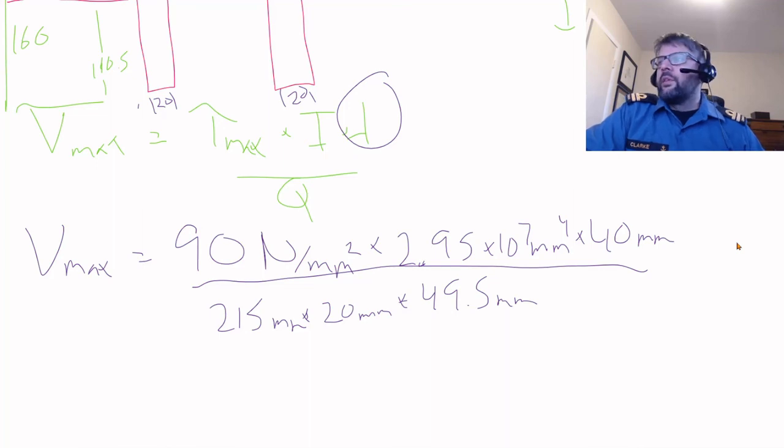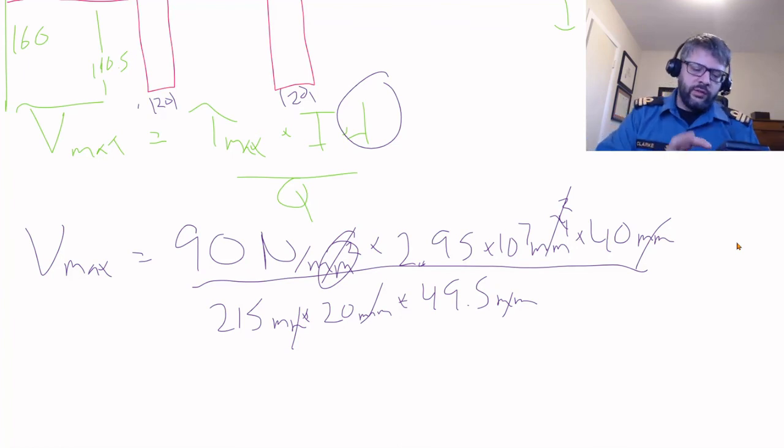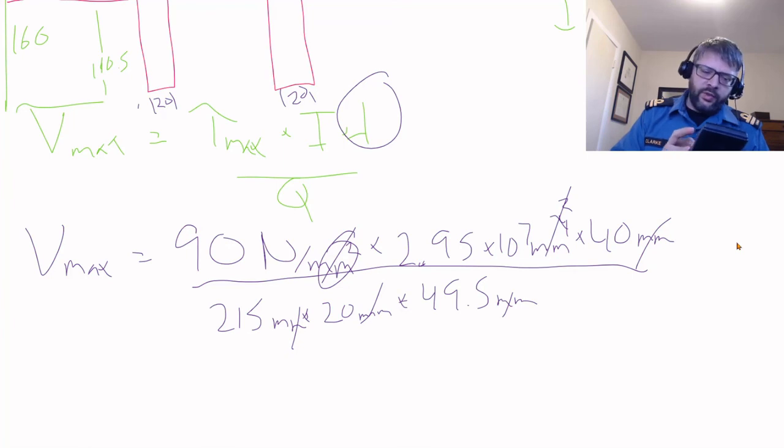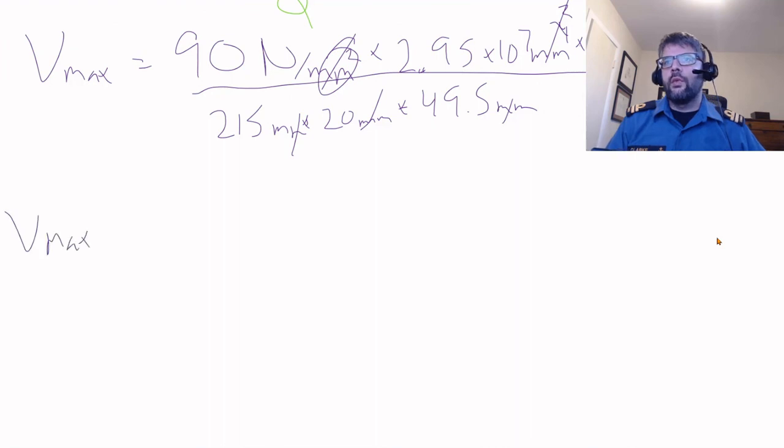So we can start canceling some stuff out. The millimeters squared here can cancel out 2 of the millimeters on the millimeters to the fourth. So we've got millimeters squared times another millimeter, and below we've got all millimeters, so all those cancel out. We're left with newtons as the only unit. So 90 newtons times 2.95 E7 times 40 divided by 215 divided by 20 divided by 49.5. That gives us a Vmax of equal to,